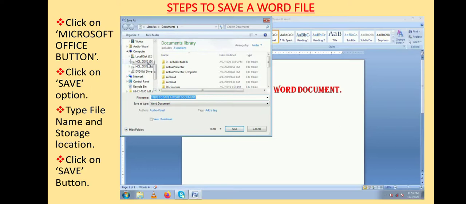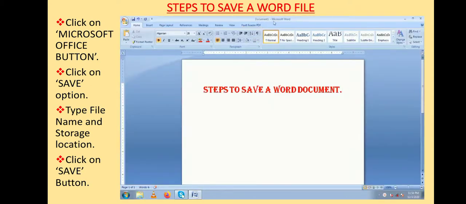Once you have created a new Word file and worked upon that file, if you want to save your Word file by giving a name of your choice, then these are the steps that you have to follow. So let us see what are the steps to save a Word file.